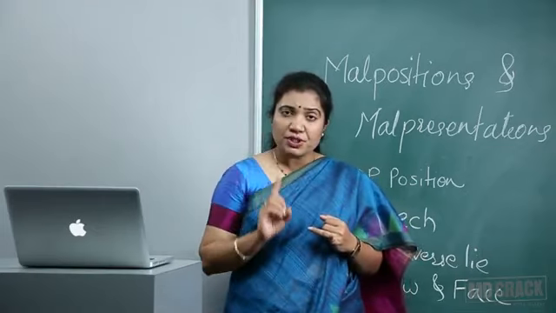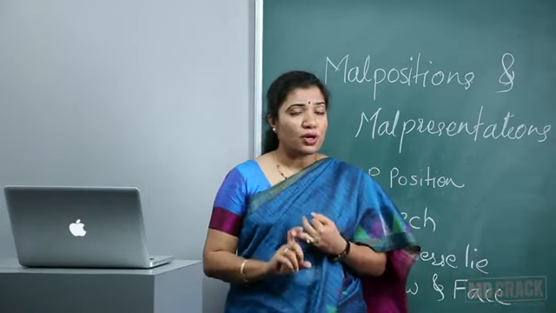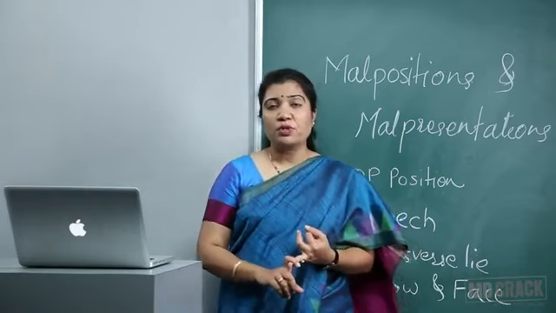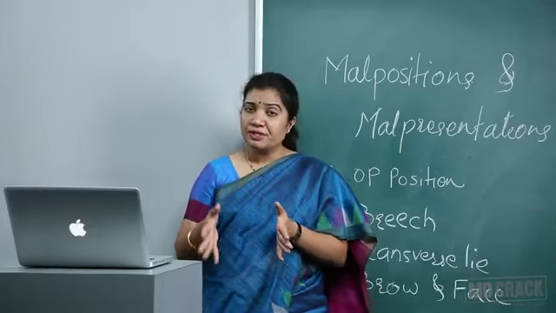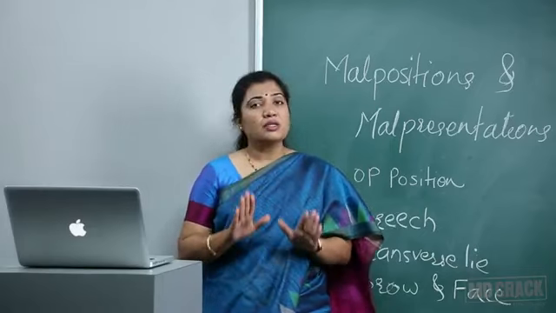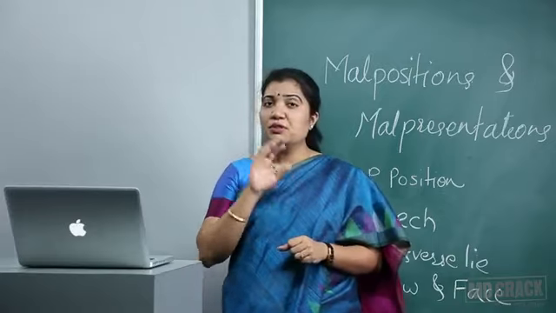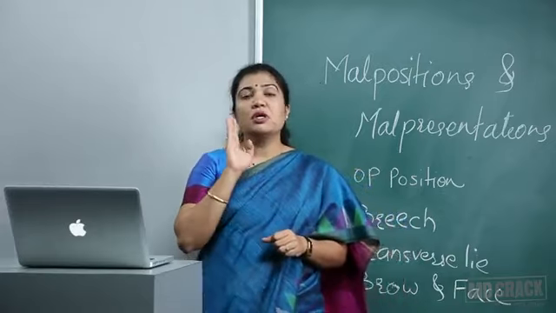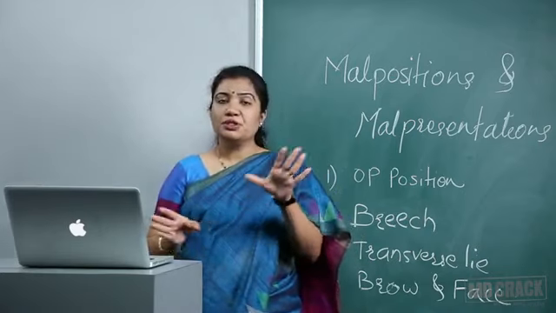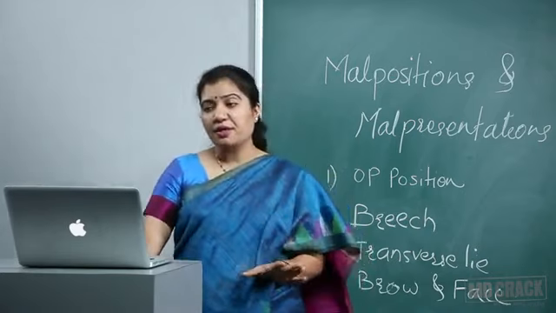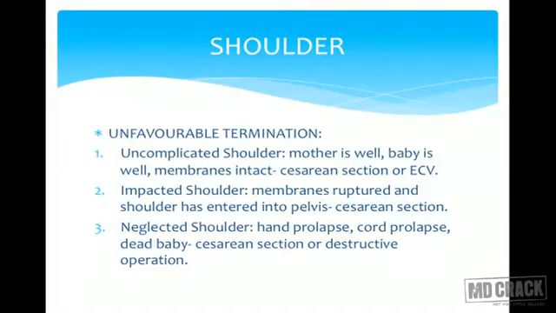And I want to stress this point, if there are no contraindications for external cephalic version, then we can try that and then let her go in labor if it is cephalic presentation. Otherwise, if the patient is fine, shoulder presentation, cesarean section is the best option. Uncomplicated shoulder presentation, diagnosed and patient is directly taken for cesarean section. External cephalic if you are well versed and if there are no contraindications for that.